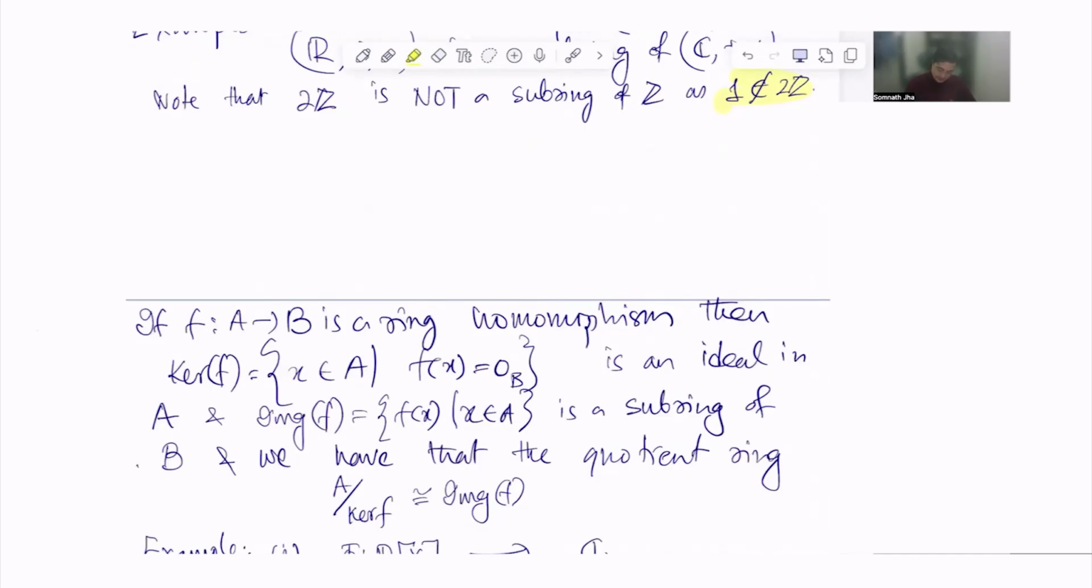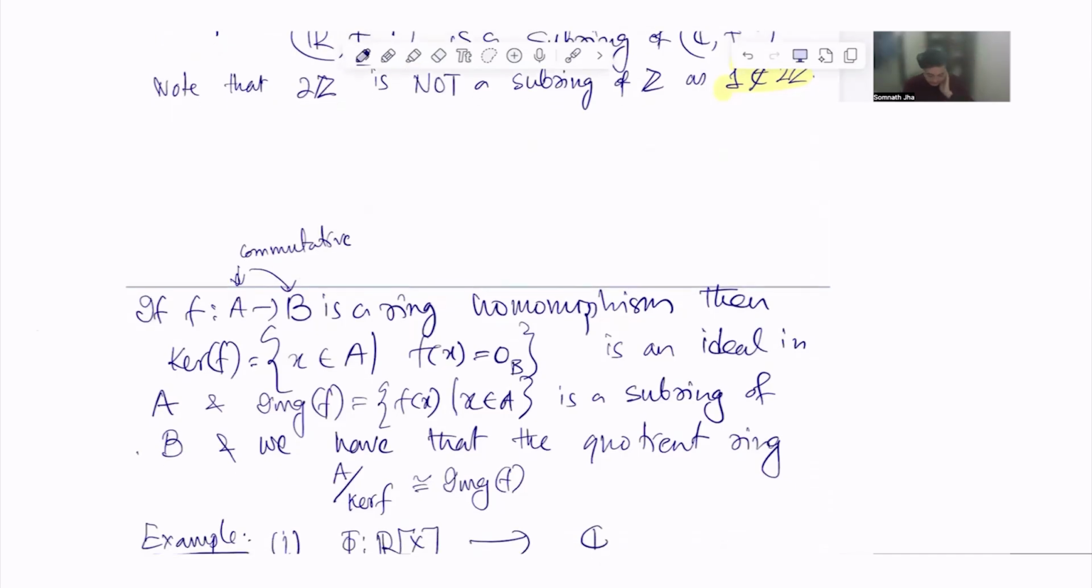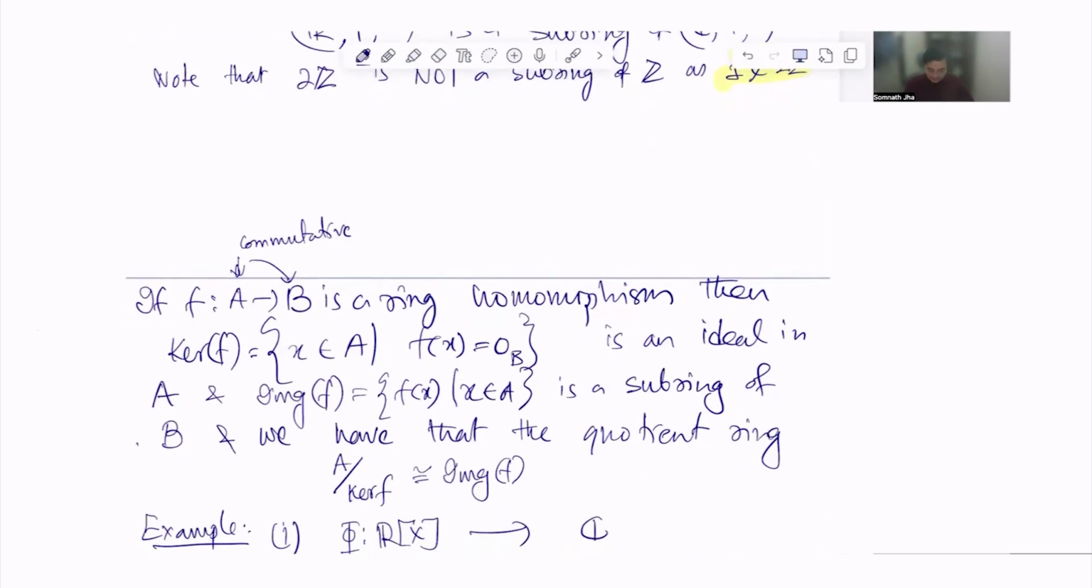We are taking all rings to be commutative. Here we are not saying it, but just for simplicity, we'll take both to be commutative. We don't strictly need it, but we'll assume it. So the kernel is an ideal in A, and we have A mod kernel of f. If you have an ideal, we can consider the quotient ring. Then that is isomorphic to the image of f. And this proof is